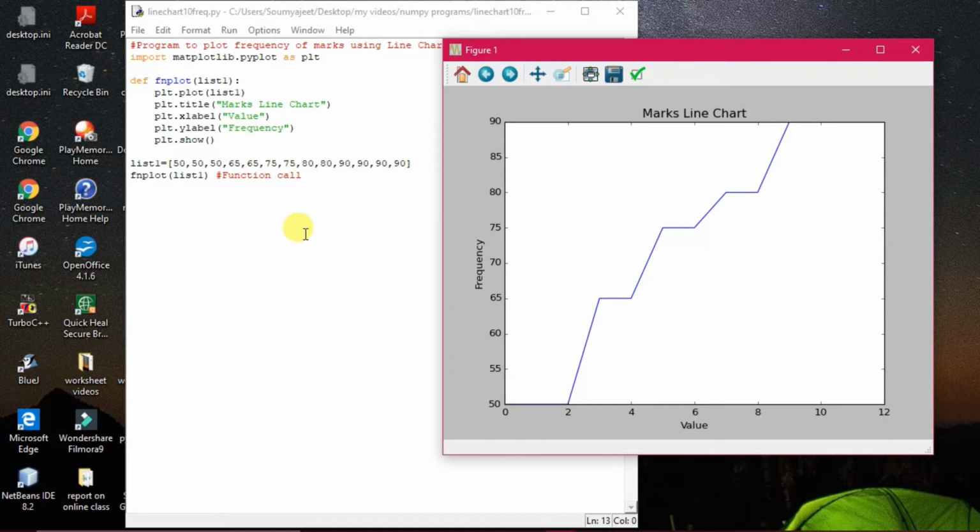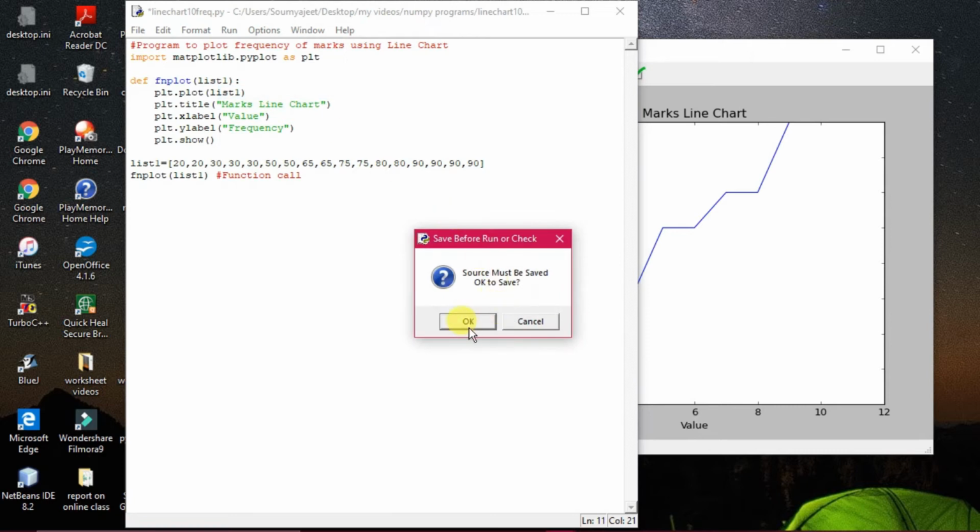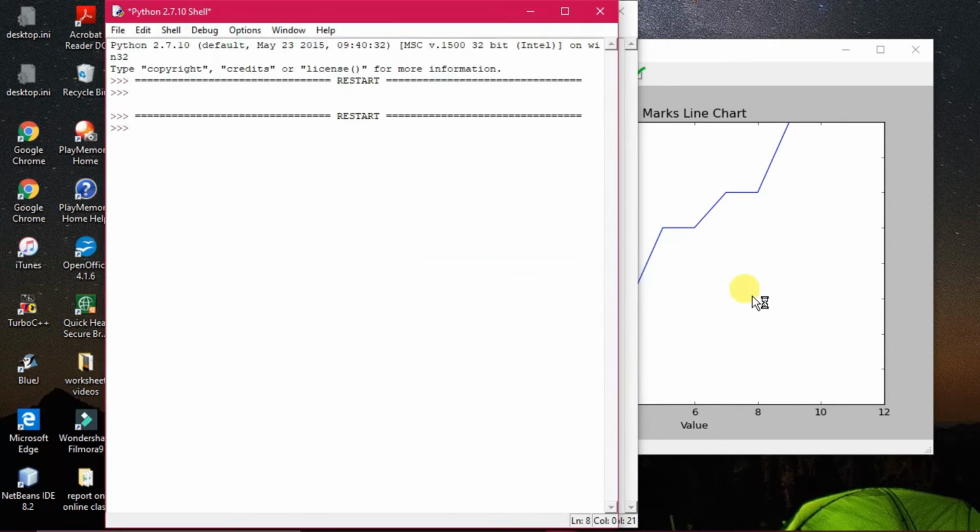Whenever frequency, you can take some other values, and you can change it also. Say I'm taking here the values 20, 20, 30, 30, 30, all this, and let us see the change in the frequency chart.